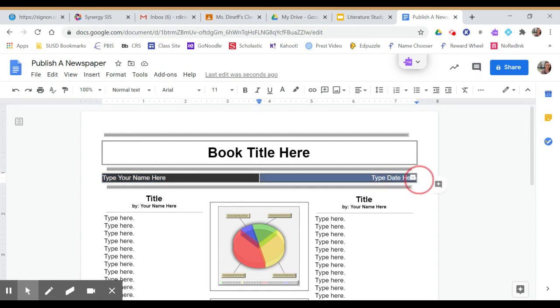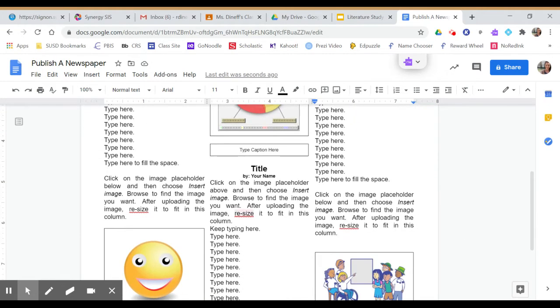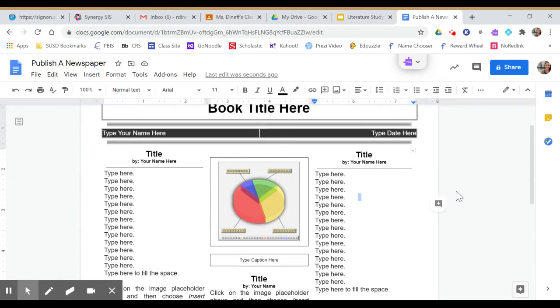Where it says type date here, you're going to type the date, and then the 3 columns that you see for the newspaper template, those are what you're filling in for whichever you think the 3 most important parts of the book were. So whichever 3 events you thought were the most important. So you can make up